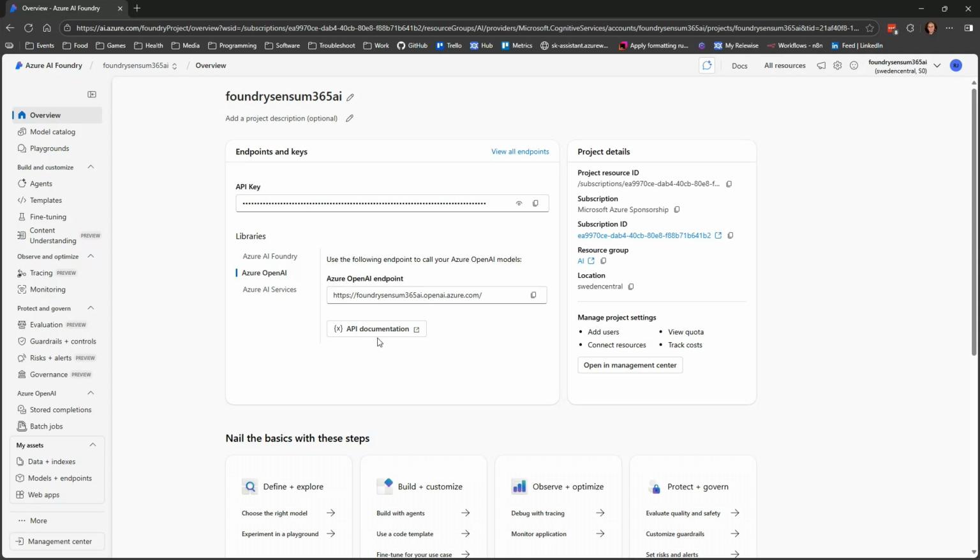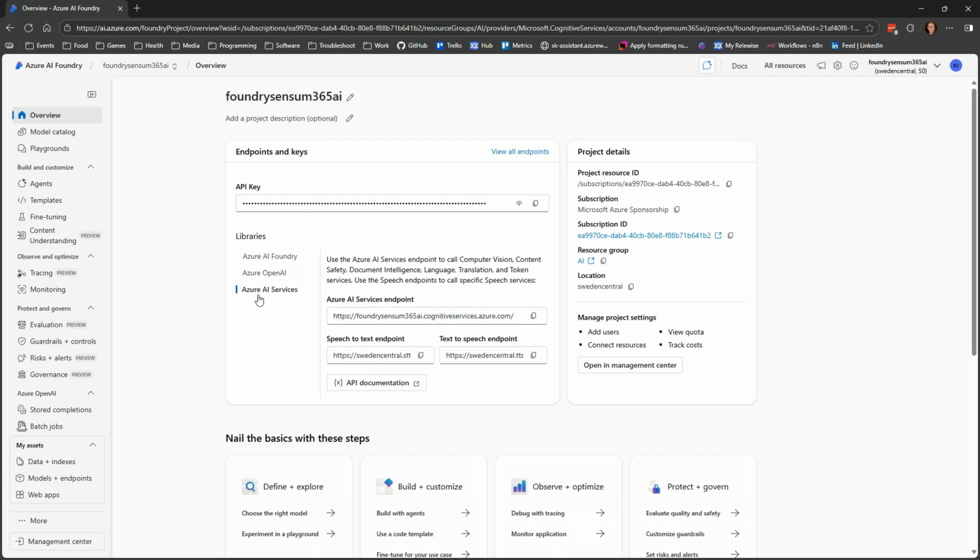And there you can get the models still, but you don't get any specific tools unless you bring them yourself. And then there's AI services. That is some more low-level stuff. I haven't actually used that as such. It all brings the same API key, and you can also do role-based access.